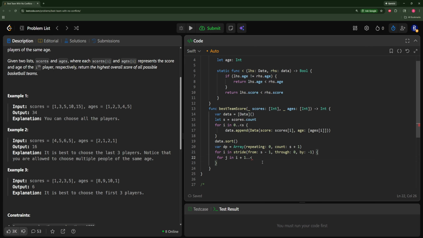Less than s, or less than or equal to s actually. i plus 1 to s. Okay, so, or actually we don't need to do s. We can basically say we can do less than s. Okay, so we can say basically like,